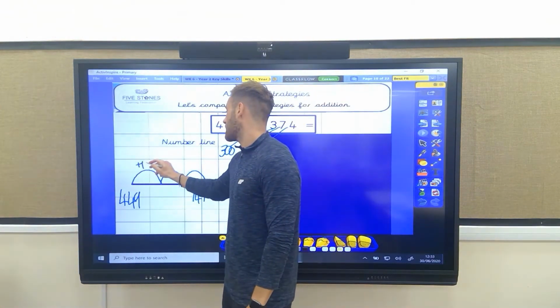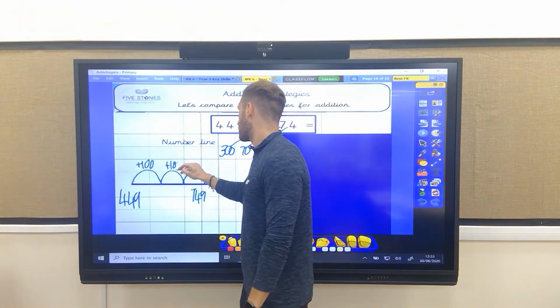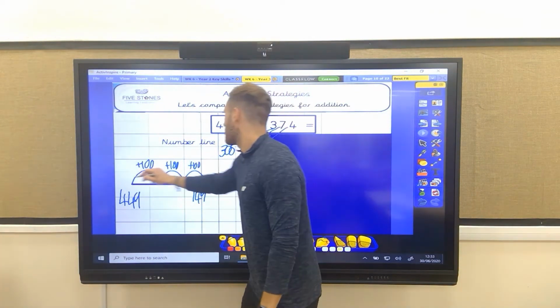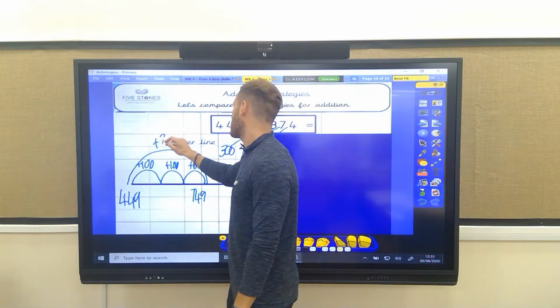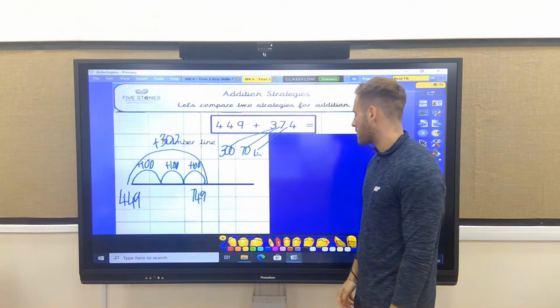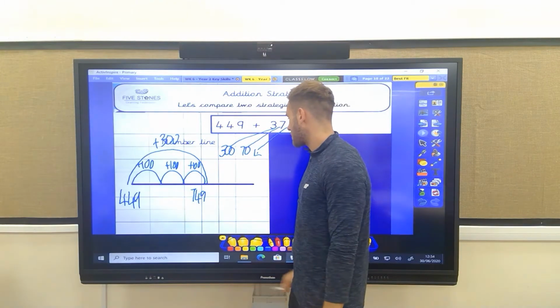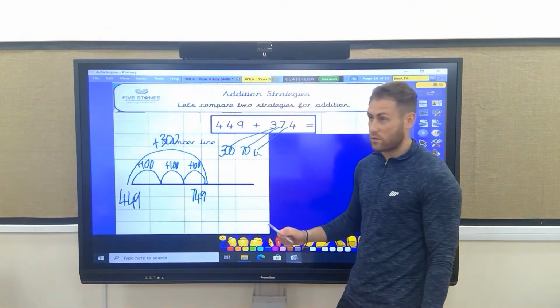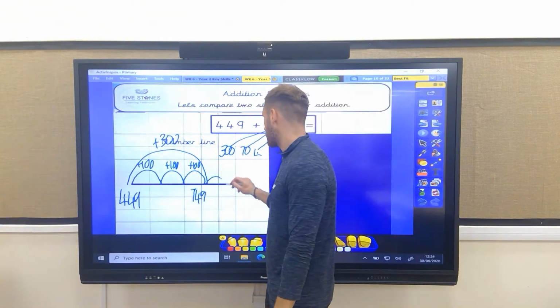Okay, so there's our hundreds each. Making those 100 jumps. Again, some of you might have been able to just add the 300, which is completely fine. Now, what can we do now? We could add the 70, couldn't we? Or we might decide to add the 4 first. We could add the 4. So if I go add the 4,